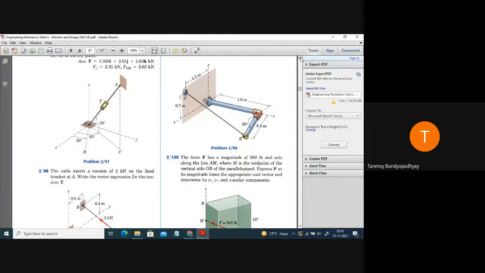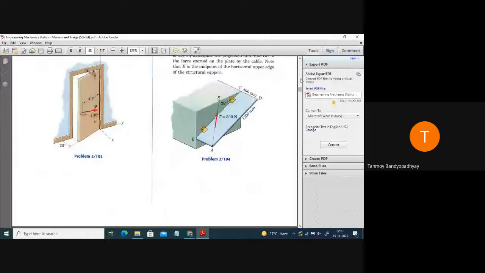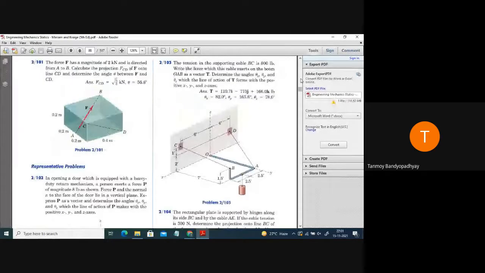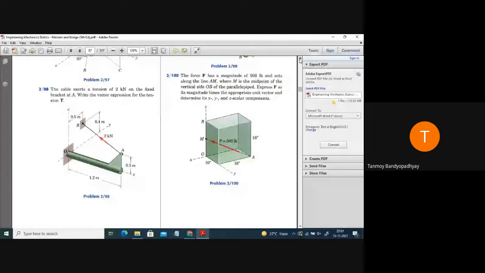So I am not going into that one; I am just moving to some problems where you are given a cube and then you have to solve. 101 and 101, these two are very important. Let me start with 100, and if time permits I will complete 101. These two are very important problems that I will be discussing today.